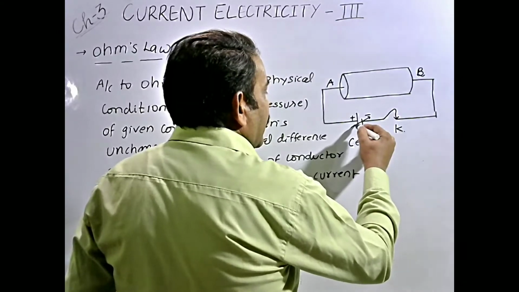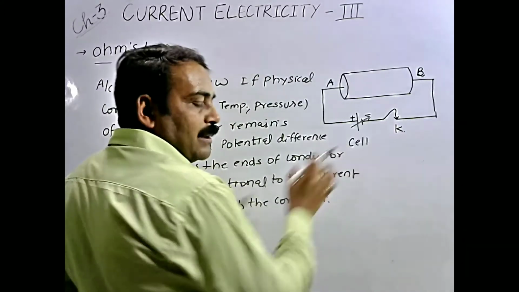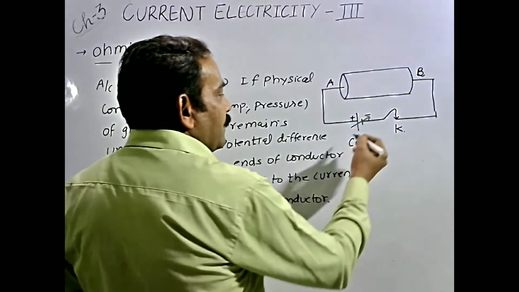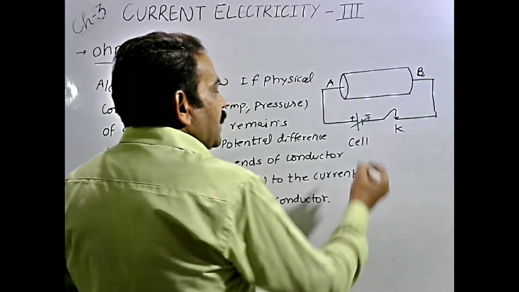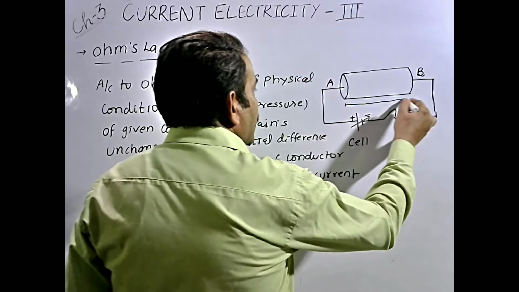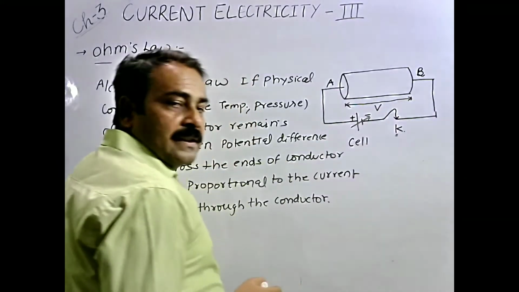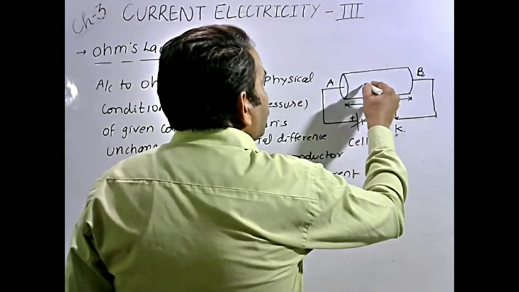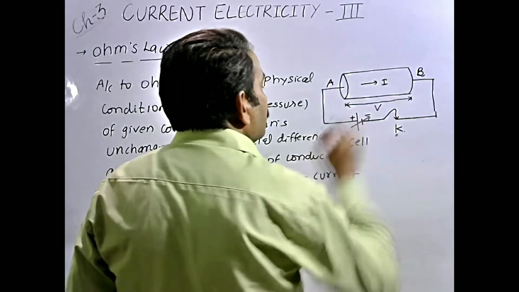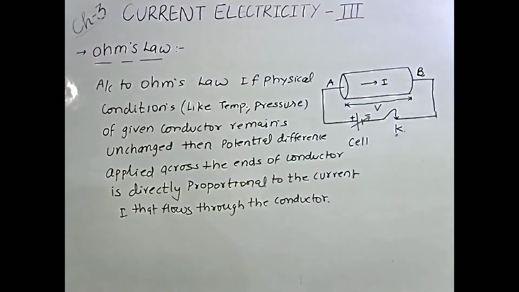It is connected with a cell of variable potential or variable EMF. Now, if the key is pressed, then suppose potential difference V is developed across the ends of the conductor. As a result, current I flows through the conductor. Now, according to Ohm's law,